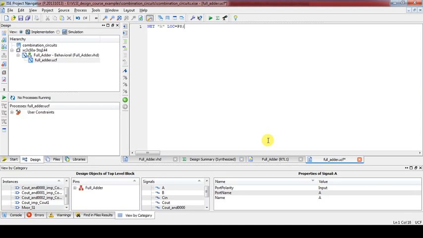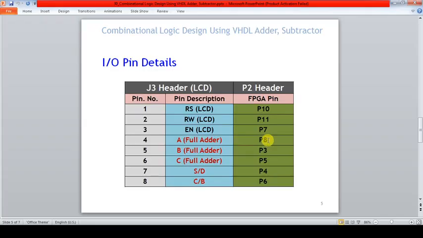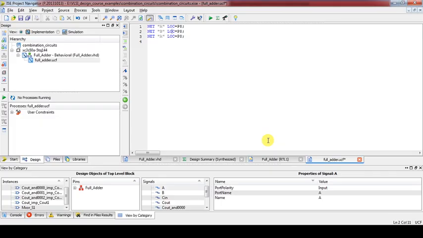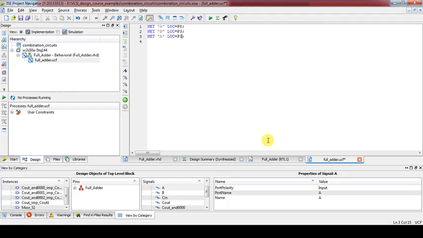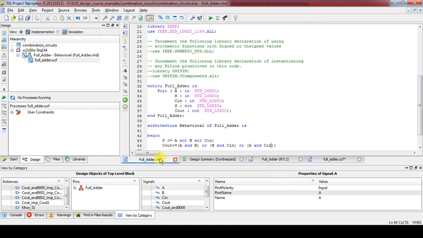Okay, so I am just copying this. Now NET B. The second input is B, and it has to be connected to P3. Then Cin is to be connected to P5. These names should be exactly the same as our declared names, whatever we have declared in the entity. So A, B, Cin we have covered.